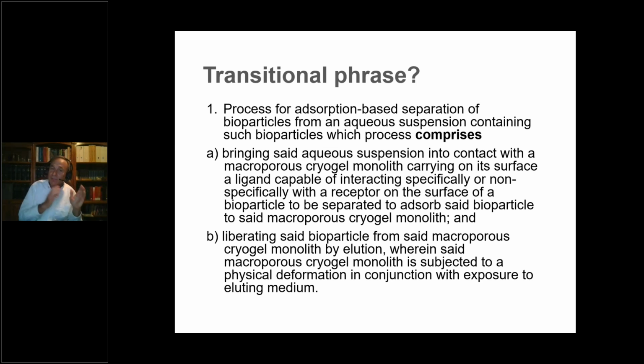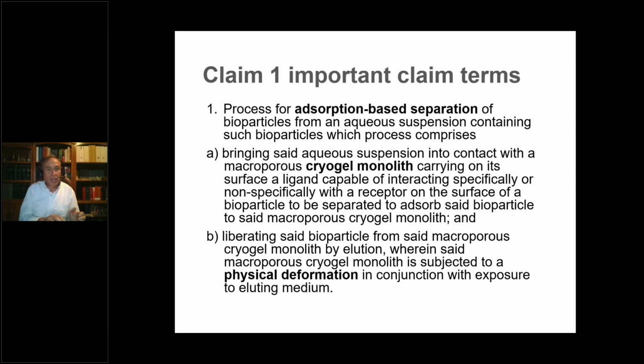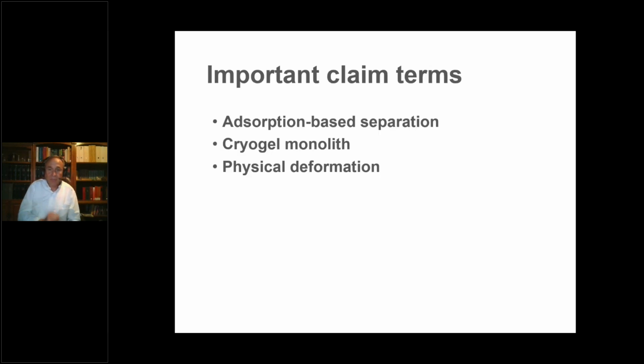Okay, now after you figured out what kind of claim it is and what the transitional phrase is, you set the stage to do the real work. And this is where you have to do some digging. So the first thing you do is you look and you identify the important claim terms. Now, this was easy for me because I've done it a lot. And you might have to kind of struggle with it. And in the beginning, when you're doing this, you might end up identifying 9 terms that you think are important. And that's okay because it comes with practice. So I've bolded them here and listed them here. So these are the important claim terms.